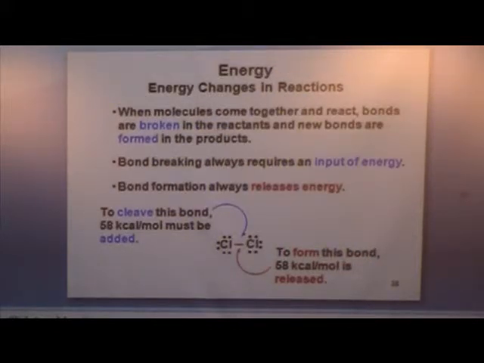Okay, energy. When molecules come together and react, bonds are broken in the reactant and new bonds are formed in the product. When you have a chemical reaction, it means that bonds are broken and new bonds are formed, right? If you want to break, you always have to invest some energy. So breaking of bonds always needs input of energy. Bond formation, if bonds are formed,